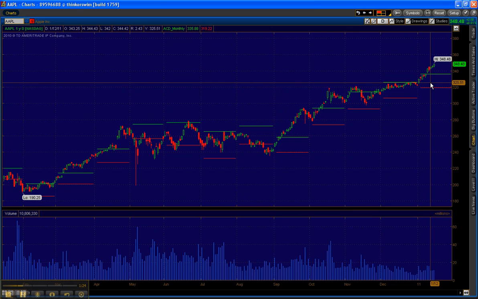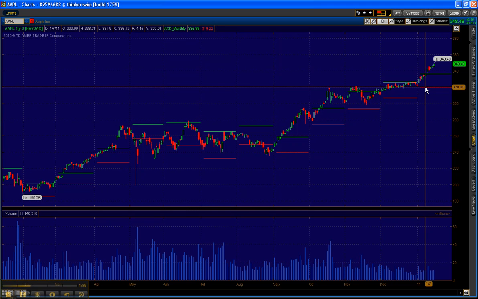Regardless, as I've mentioned before, this 319 level on the monthly is not a support level. It is a level of interest. What we're looking at is how the price action of Apple Computer responds around this level. If we trade down through this level and back up, and we hold and close tomorrow above 319 after testing it either just above it or below it, then that's going to be a great buying opportunity for this stock.